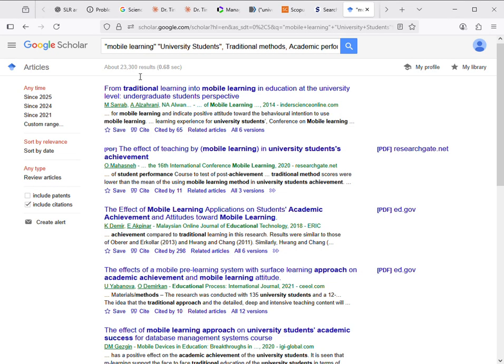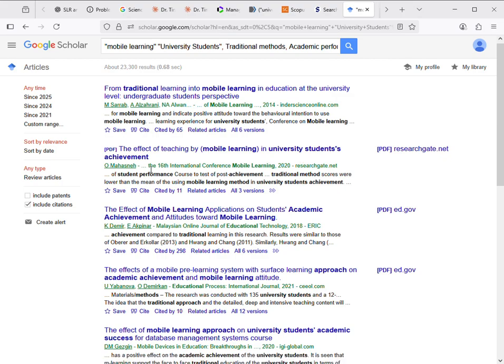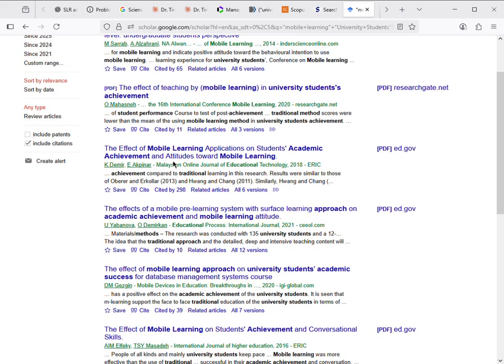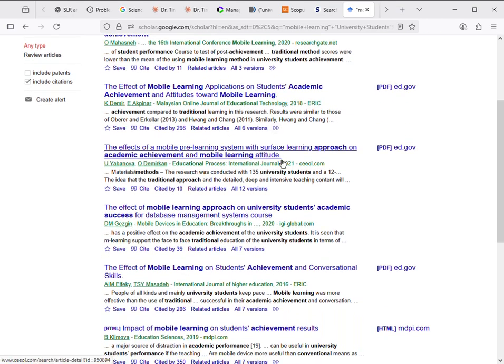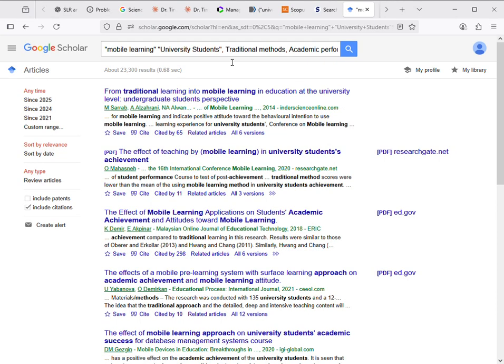You see it, right? So when we look at it now, we can see mobile learning is here. We can see mobile learning here. We can see university students, right? It gave us university students achievement. Those two words must come together. Mobile learning. You can see mobile learning, and many more. So if we want to also restrict it to bring the two words together,